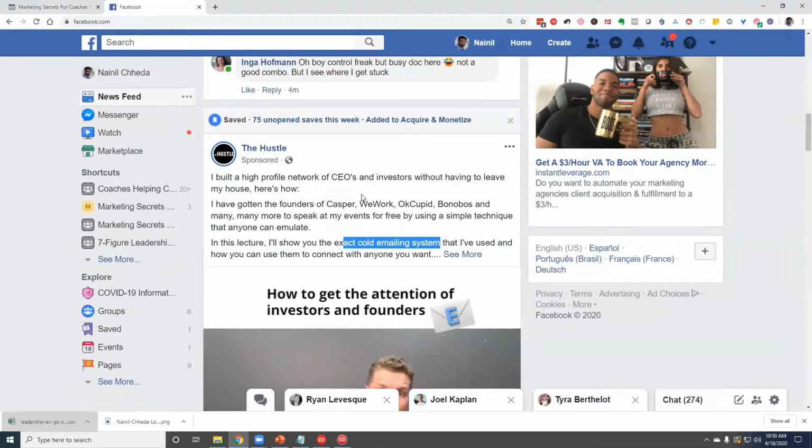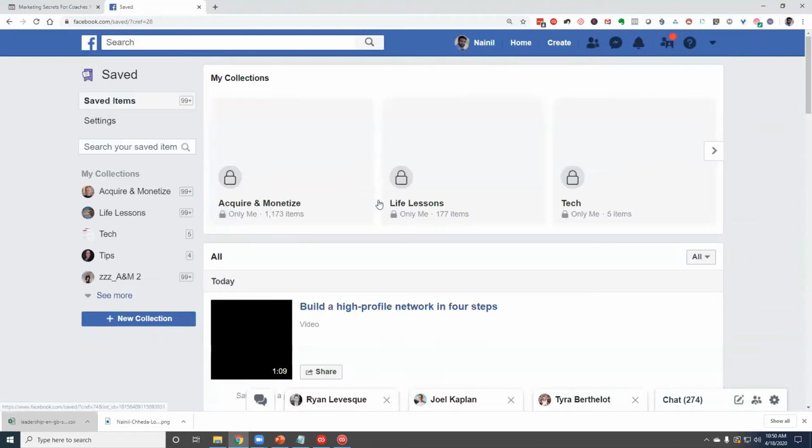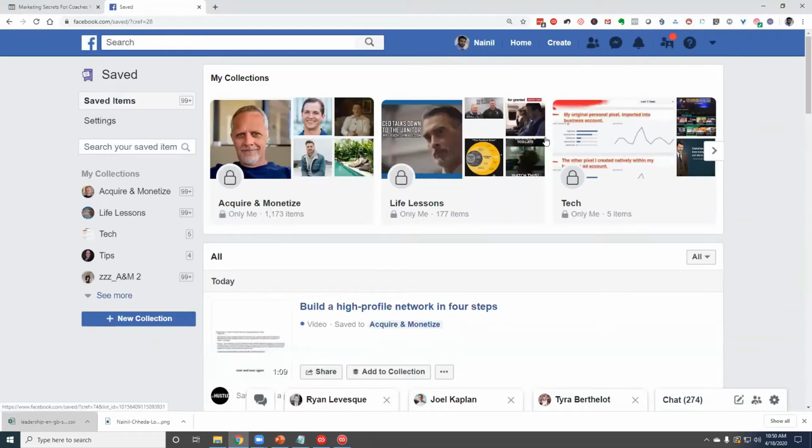So later, when I'm ready to write my content, all I do is I go to the saved areas on Facebook, and here are all the different categories and topics. If you look at it, I have saved 1,000 acquire and monetize advertisements throughout the last 2019 and parts of 2018 when I started to do this,